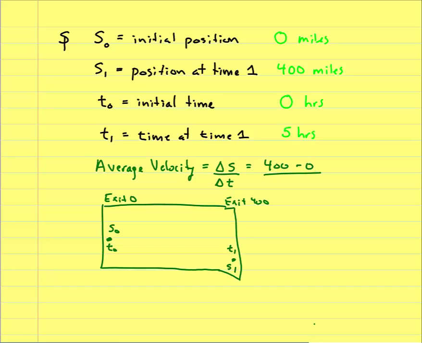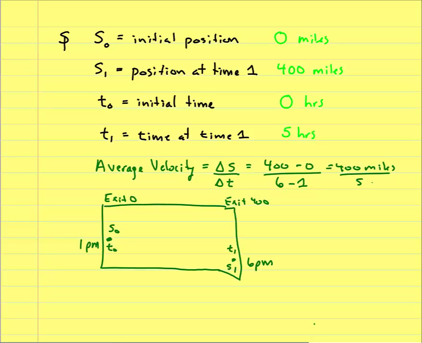For my time, let's say I left at 1 p.m. And if I traveled for 5 hours, and we won't worry about the time change here, we'll say that's 6 p.m. So if I wanted to figure out how long I traveled, I would take 6 p.m. minus 1 p.m. Now if you had to worry about going from a.m. to p.m. and whatnot, there's going to be a little bit more work here, but you get the idea. So I would have 400